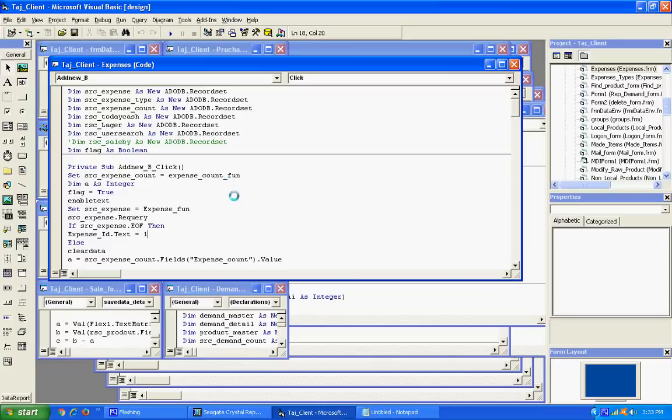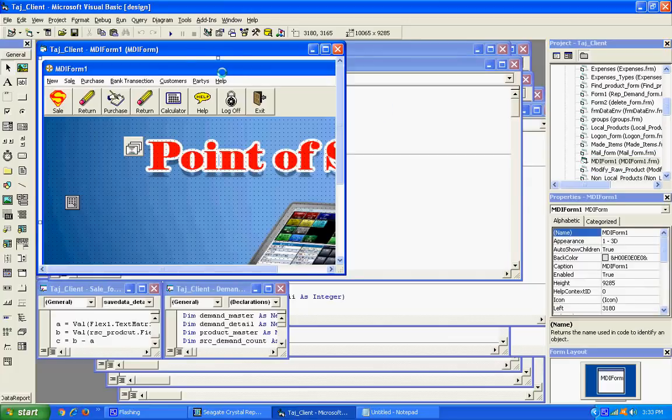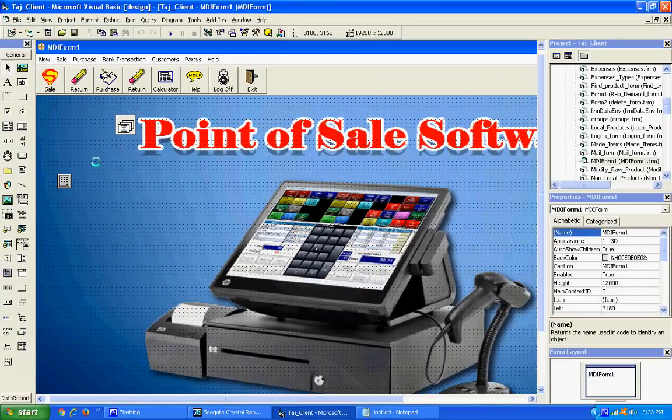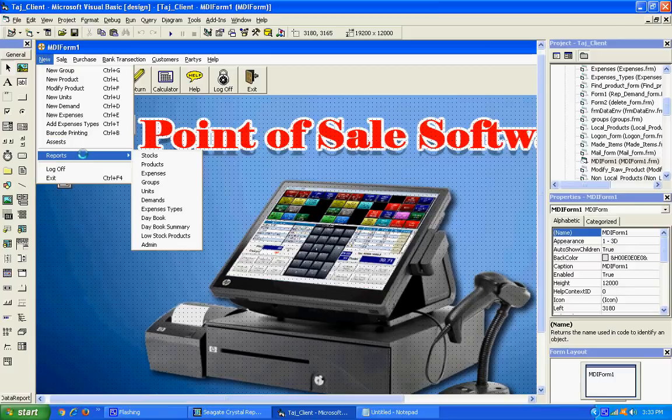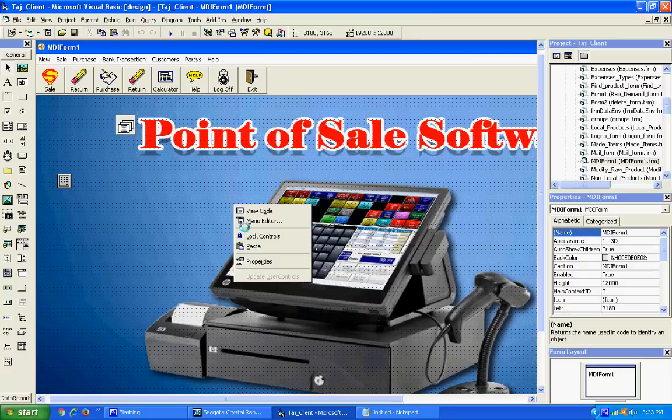to do any programming in Visual Basic you have to be in stop mode, not in the working mode. I am going to the MDI form, because all the forms are connected in the MDI form. There are new reports, top customers, and the last one is admin, and we are going to add top customers and top products. Let's move to reports, menu editor.